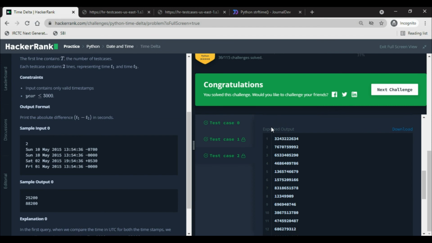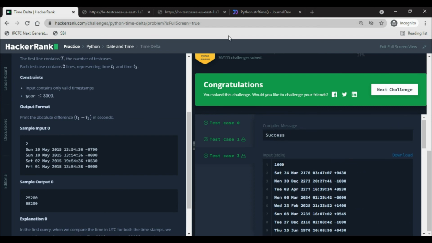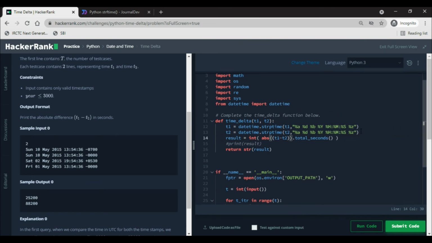So actually we have not learned anything from here. We have just applied the function, some function, which is basically taking the day, calculating the two days' difference. For example, here you can see the difference is of 1 day.